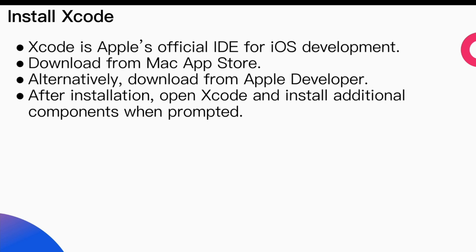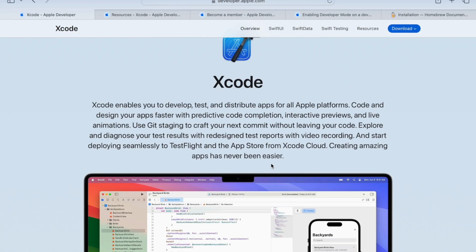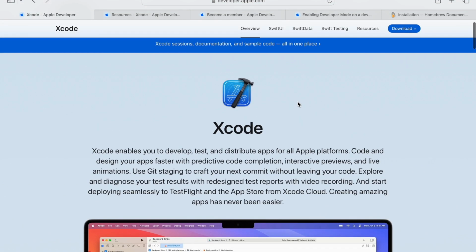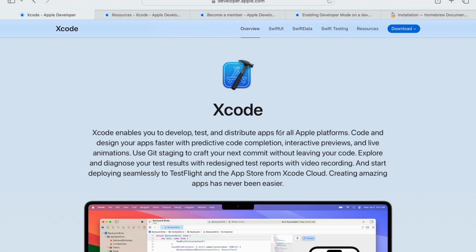So first of all, install Xcode. Xcode is the official IDE, that means the integrated development environment, for iOS development. After downloading and installing it, ensure you have all the necessary components like simulators and additional tools. Familiarize yourself with Xcode's interface and features to streamline your coding experience. You can download Xcode from the developer.apple.com website, and here you can see this. Xcode is the official